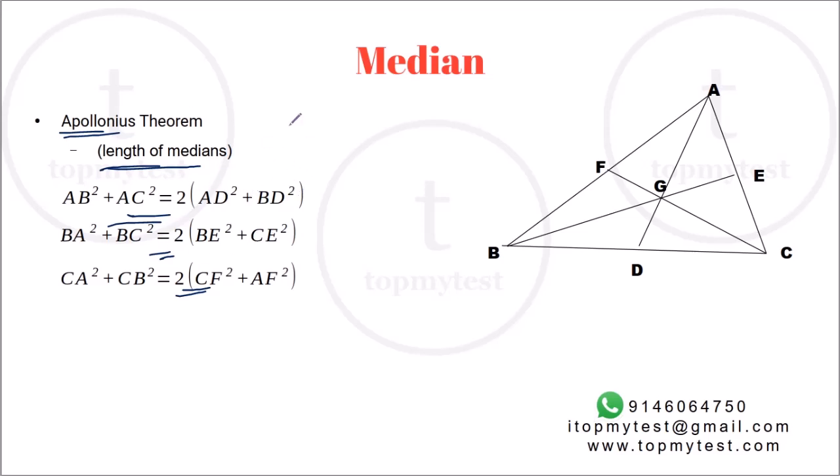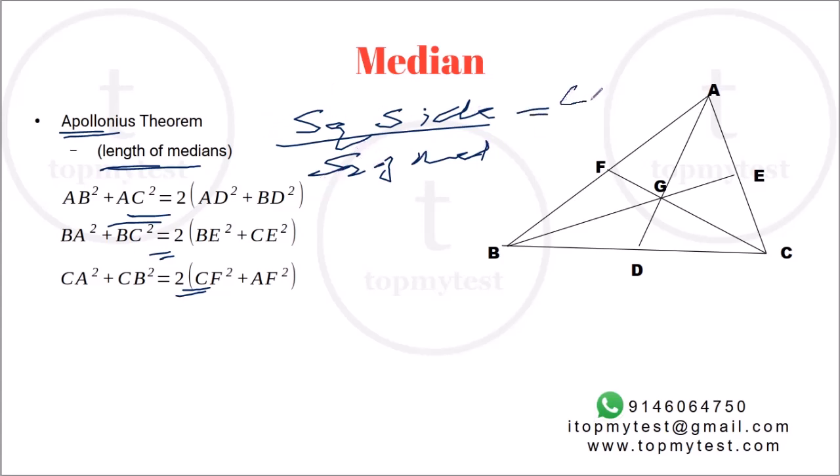One thing which can usually be used, and it is very common in your mocks and even in your basic practice exercises, is the sum of squares of sides to the sum of squares of medians, right? If you take the sum of all the squares of sides and the sum of the individual squares of the medians, this ratio will be 4:3. You can add the three of them, and you will be able to resolve it to 4:3. A lot of practice questions will have this, so in case you want to use that, do that.